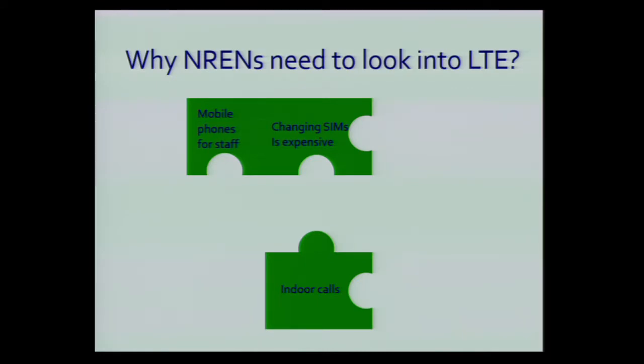And these guys want to make indoor calls, but the signal is actually blocked by foil on windows, by concrete. Indoor calls are quite difficult, whereas, depending on who you're talking to, 50 to 70% of all GSM calls are made indoor. And at the same time, equipment vendors, they sell modules that you can switch on, that you can click in your Wi-Fi network, and you have an LTE network. So you can expand your university's Wi-Fi network with LTE.